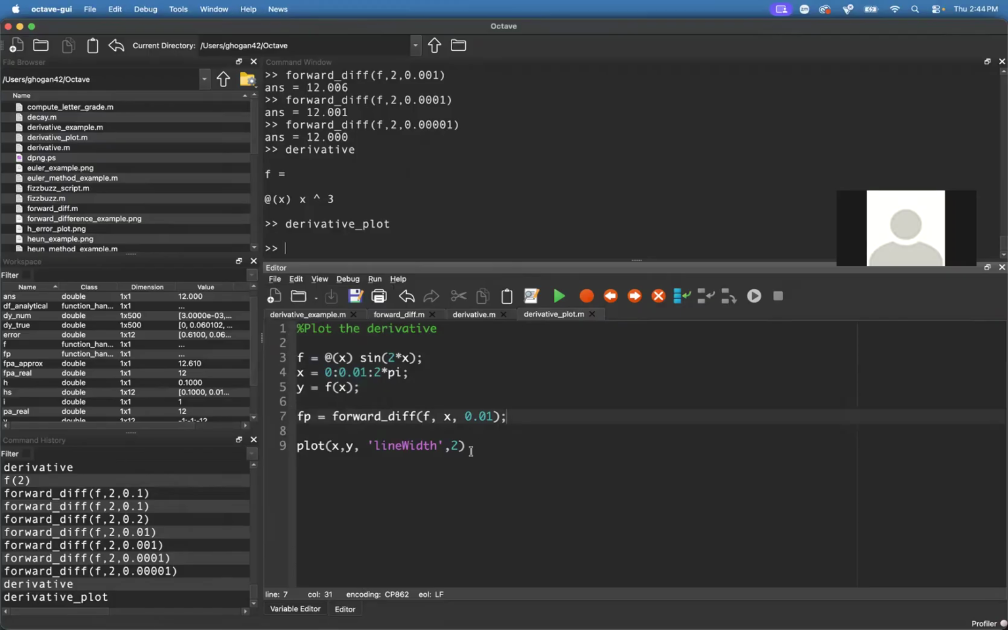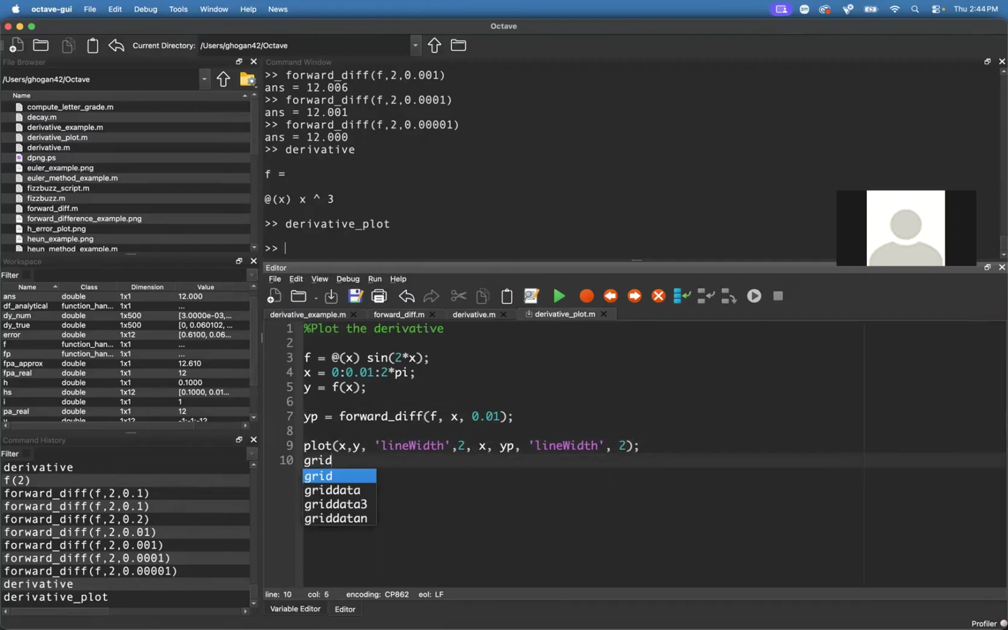Save this, and I guess I want to plot it. So we would be the x values. I should have called this, maybe this should be y prime. So x comma y prime, and let's also give that a line width of 2. Let's give it a grid. Let's give it a legend